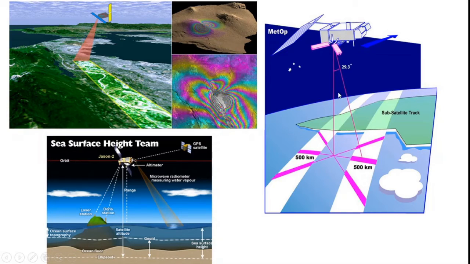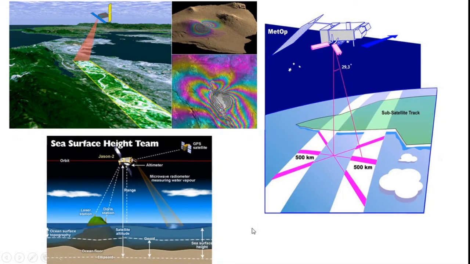This is the scatterometer. From the sensor, if the study area is this, then the radiations are being scattered 500 kilometers away from your main point. So this is the path where the scattered energy can also be observed.